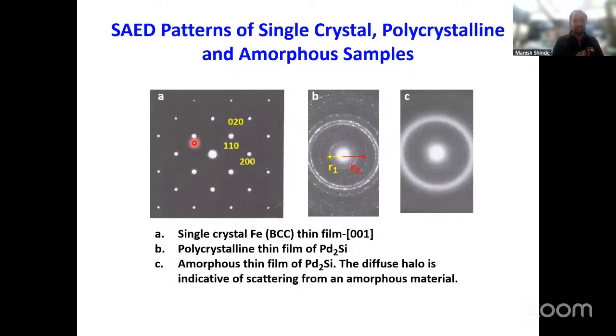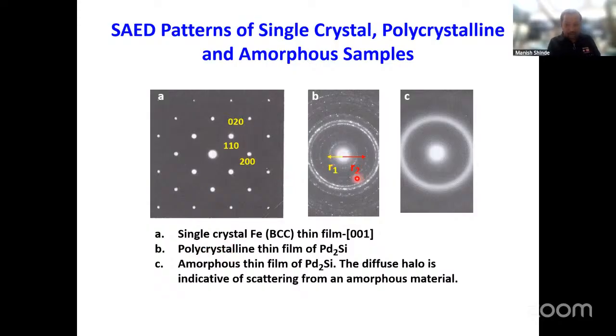In short, the crux of matter is whenever your sample is single crystalline, you are getting spot-like patterns. This is again an example. This is the single crystal of Fe, iron. It is in the BCC phase, crystalline phase, body center cubic. It is a thin film with 001 orientation. And if you look at the HKL planes, this spot corresponds to 110 plane, this spot corresponds to 020 plane, this corresponds to 200 प्लेन. हे कशावरनं काढले तर या सेंट्रल स्पॉट्स पासून यांचं डिस्टन्स काढलं, त्याच्या d values काढल्या आणि त्या पर्टिक्युलर प्लेनला मॅच केल्या. ओके,